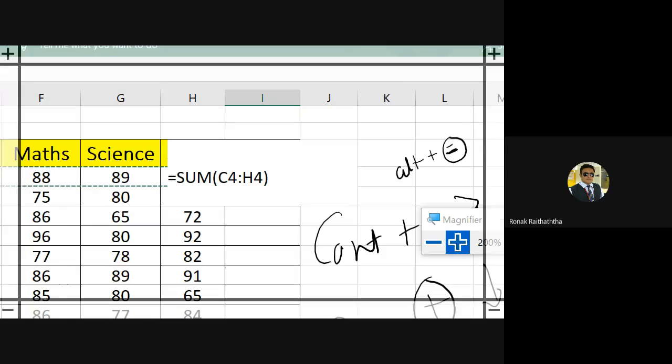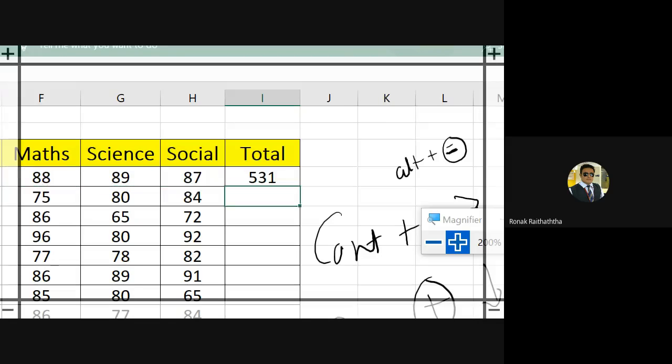ये सब कुछ, ये जितने भी शॉर्टकट कीज है ना, वो रट लेनी है, रट्टोफाई कर देनी है, ऐसे दिमाग में बैठा देनी है, बहुत यूज आने वाला है आगे, बिलीव मी. प्रेसिंग एंटर, तो यू हैव 531. ठीक है. Automatically it has taken the horizontal range to do this summation.